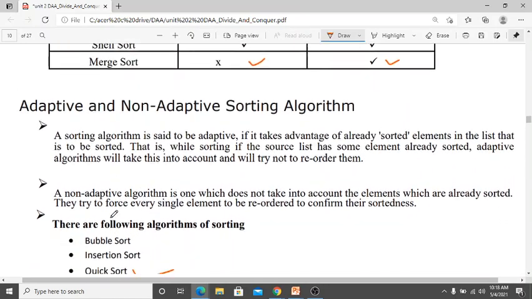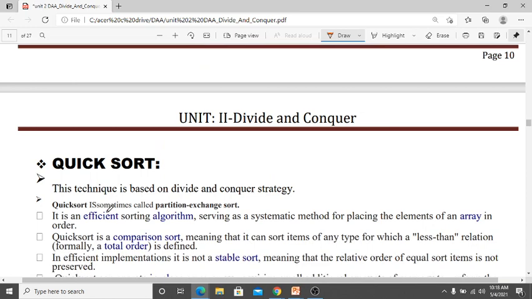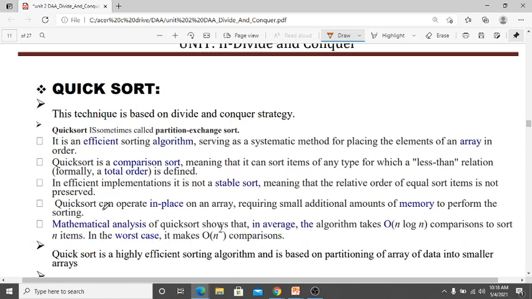I hope you understand adaptive and non-adaptive sorting algorithms. Now we'll see quick sort. Quick sort, in the name itself, this sort is very quick. This technique is based on the divide and conquer technique.